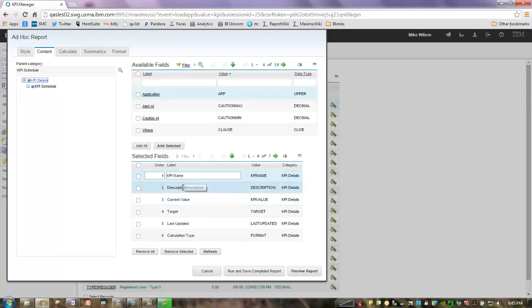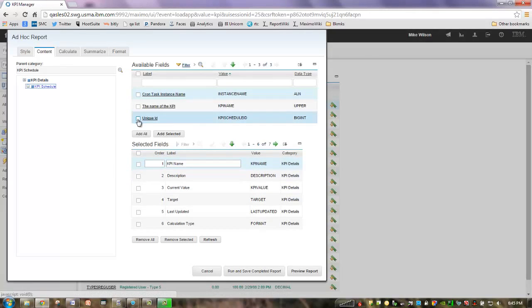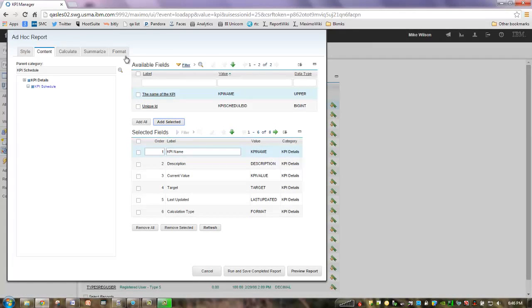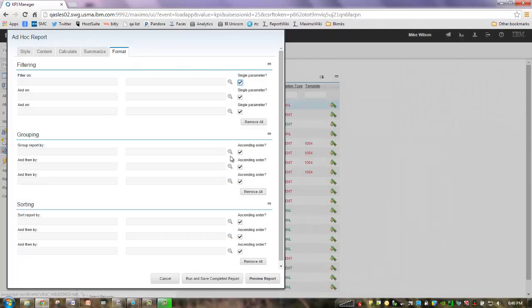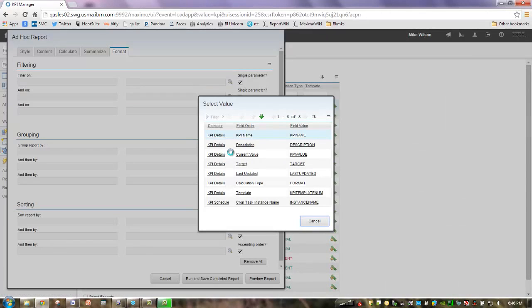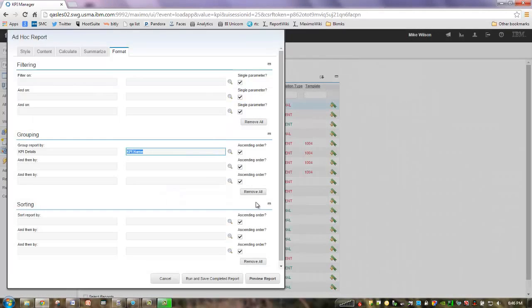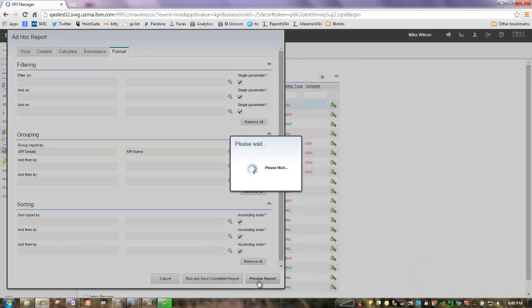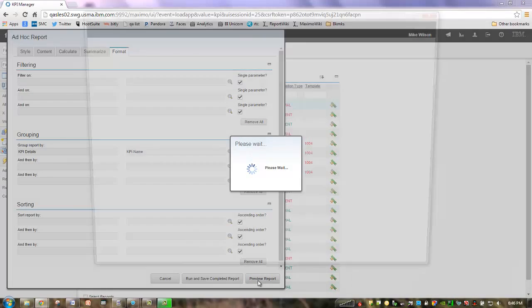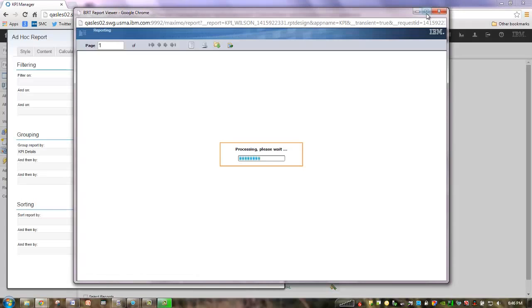I can streamline this, use the values that are there by default, come over to my KPI schedule, just bring in the schedule and cron task ID. I actually don't really need that. I'm just going to bring in my cron task instance name, make it really simple. Let me come on over here to the Format tab. Maybe I want to do some grouping, and let me just do it by KPI name. Click Preview Report, and in a matter of minutes you can see, oh my gosh, this is what I have